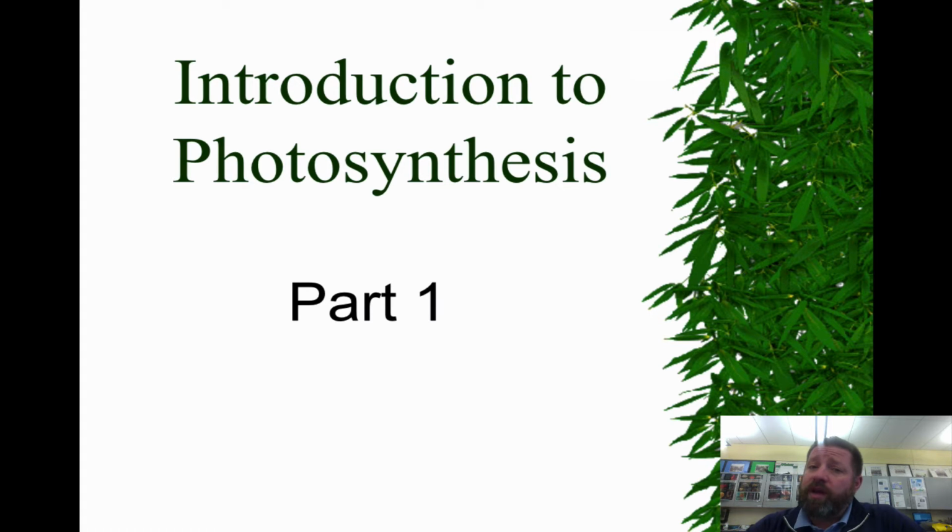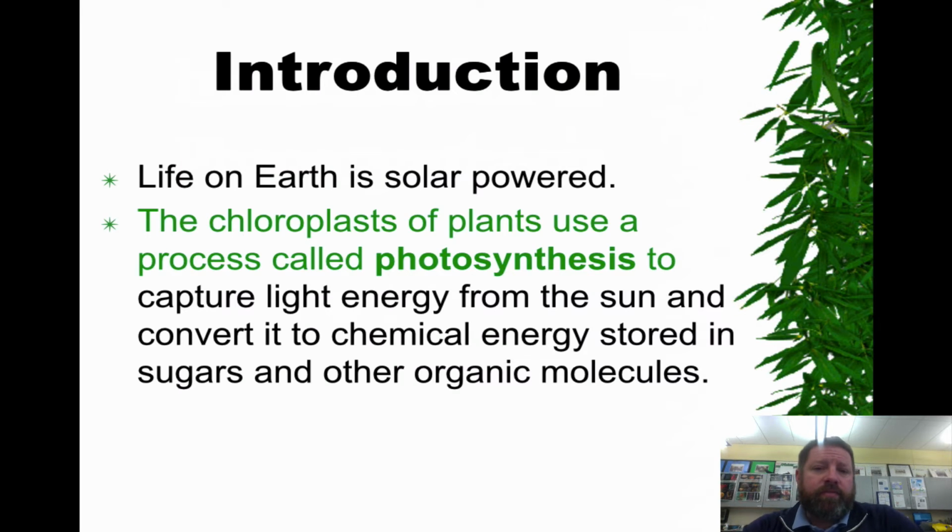They don't use the same terminology. Instead, they call it the light reaction, which is an electron transport chain, and the Calvin cycle, which is sometimes referred to as the dark reaction. And then from there, G3P is made, which then can be turned into anything that plants need, not only just glucose. So, we talk about this term that life on Earth is solar powered, meaning that whether you directly eat plants or you eat the things that eat the plants, all of our energy on the planet is coming from photosynthesis.